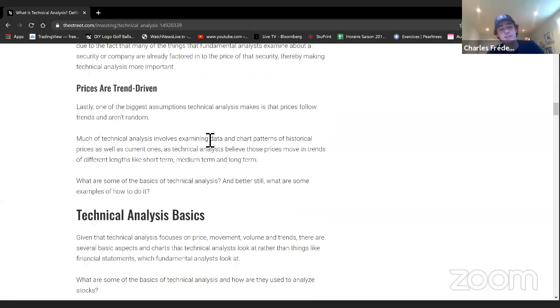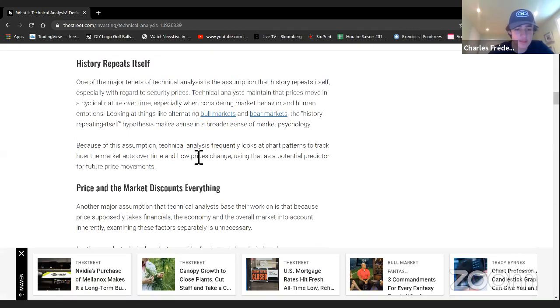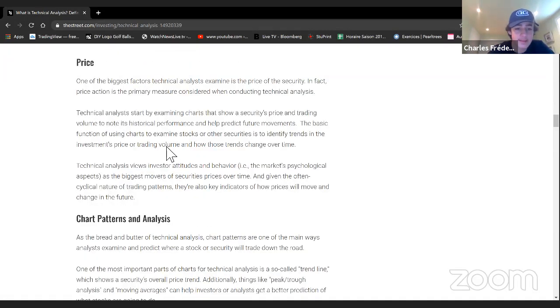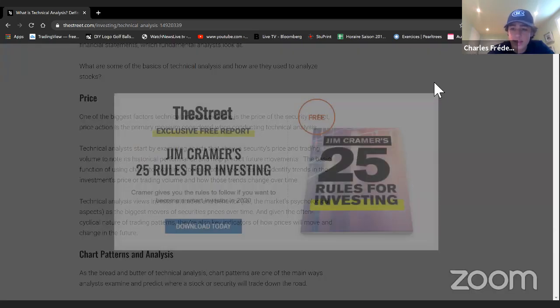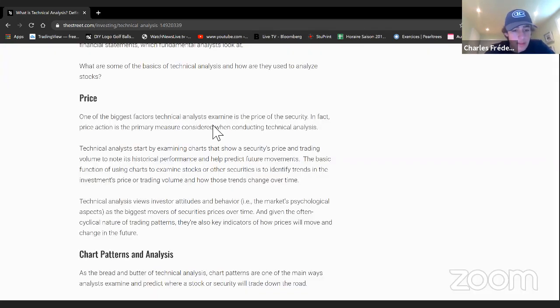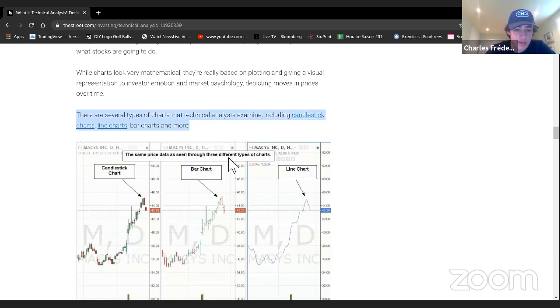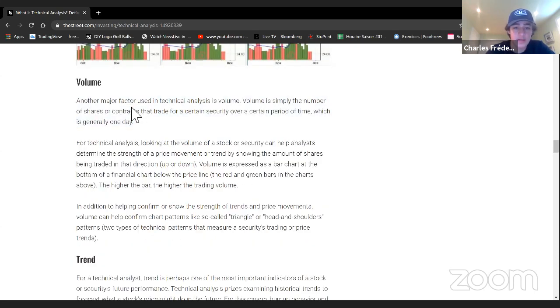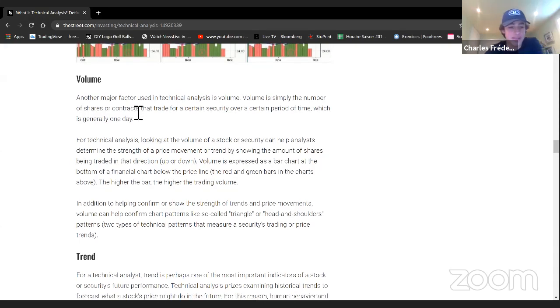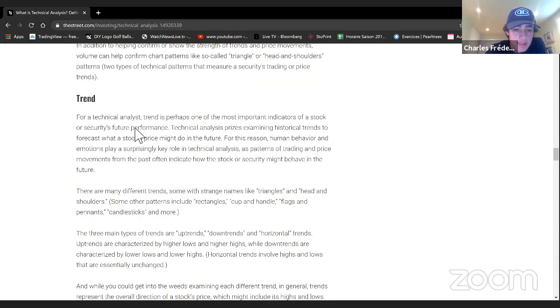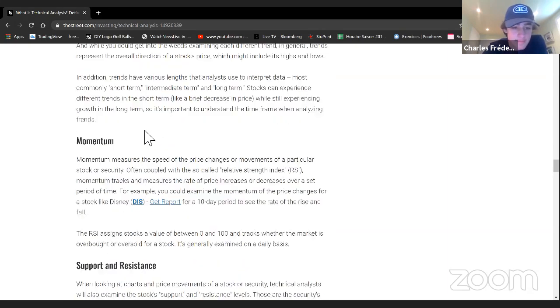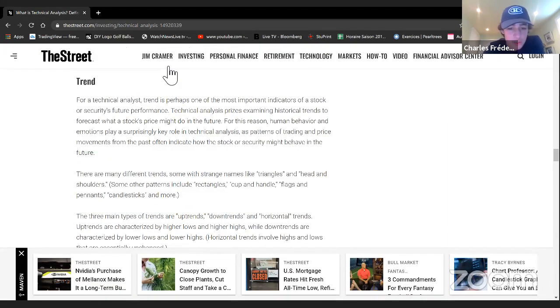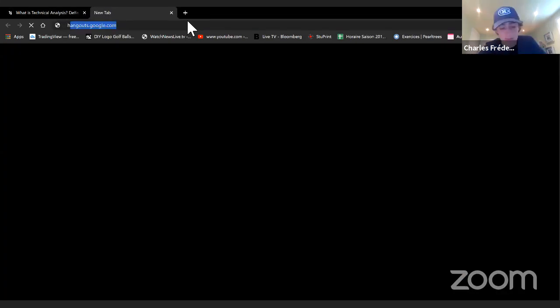Yeah. Okay. So there's different things you can use, like we said: history repeats itself, and the discounts and the trends. But if you look at the... the ads are annoying. You can look at the candlestick charts, which are also used a lot because volume makes the volatility go up and down. Then different trends, like triangles, head and shoulders. I'll show you what a head and shoulders trend looks like.